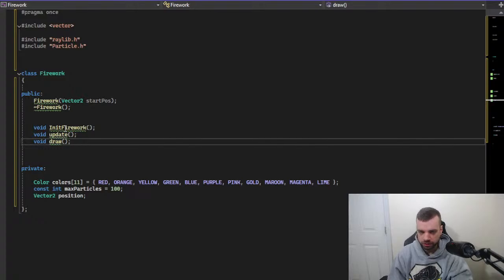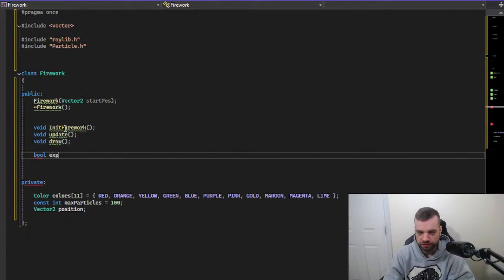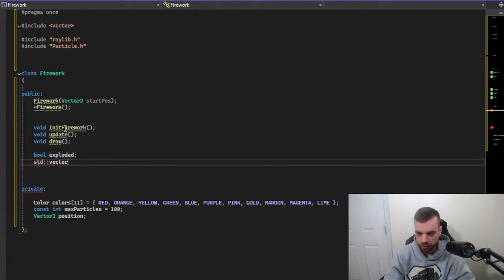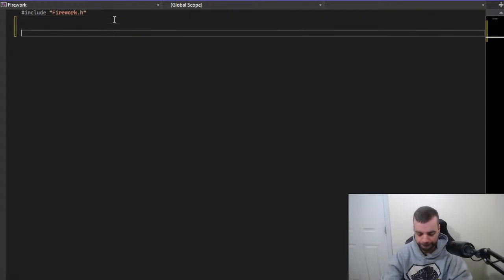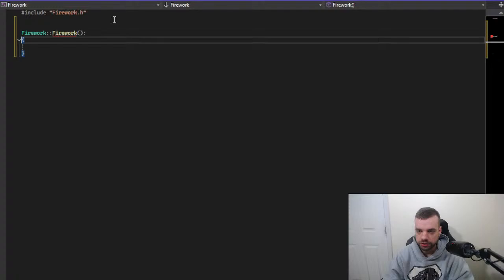So we need to update the firework and draw the firework. We need a bool for if it's exploded. We're gonna take a vector of particles. Okay, that just answered my question from earlier, whether or not we are deleting the particles as they go away. We are doing it here because we're using a pointer of particles that later we're going to delete in the code. Firework. Firework. Boom. And we need to